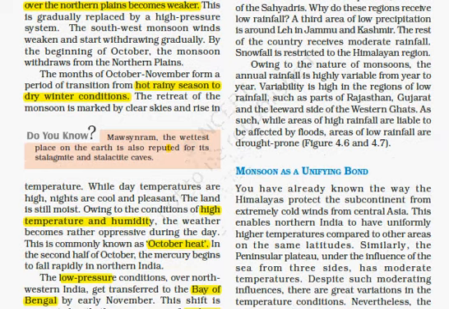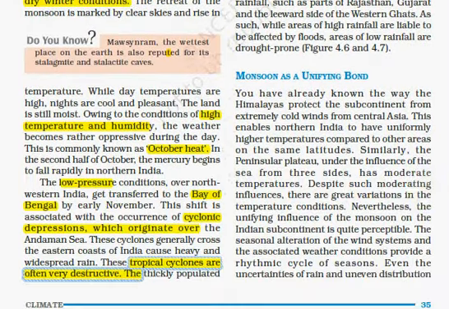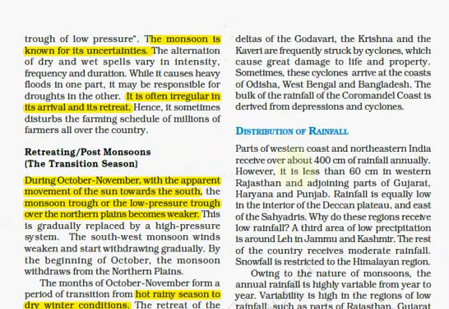During October we observe clear skies but high temperature and humidity, which is also known as October heat. There is low pressure condition over northwestern India, and it gets transferred to the Bay of Bengal by early November. This shift causes cyclonic depressions which originate over the Andaman Sea. So tropical cyclones are observed on the eastern coast of India, which are very destructive, and they cause damage to the Coromandel coast. It includes West Bengal, Odisha as well as Bangladesh.